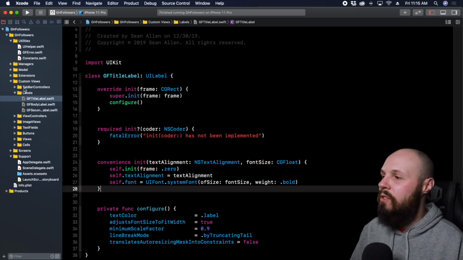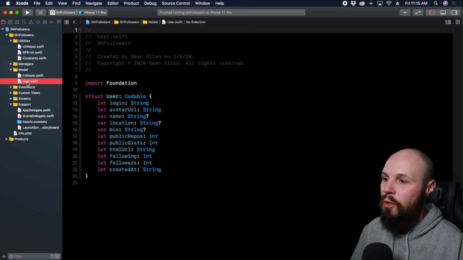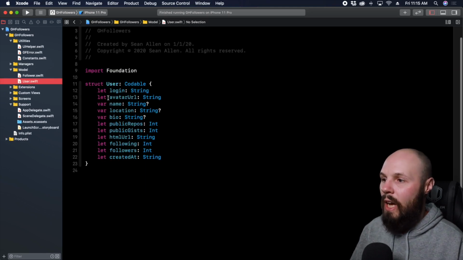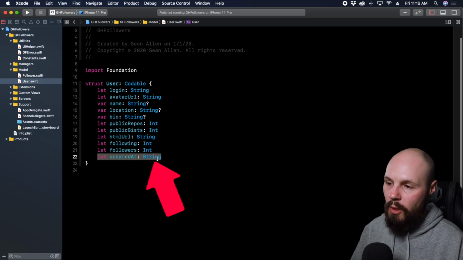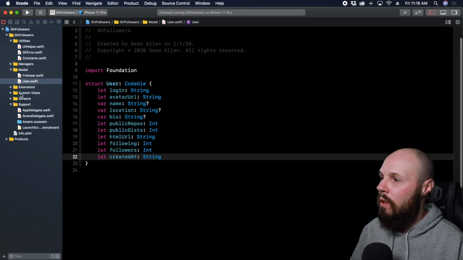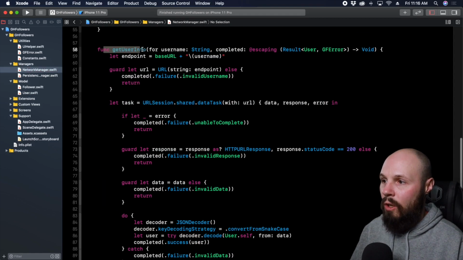All right, so now let's kind of shift towards networking. And the first place we're gonna go to is in our model, so our user model. So here you see, we have all the stuff that we get back from the user, except for created at is a string. Well, if we go to our network manager here, and in our get user network call that you see here,